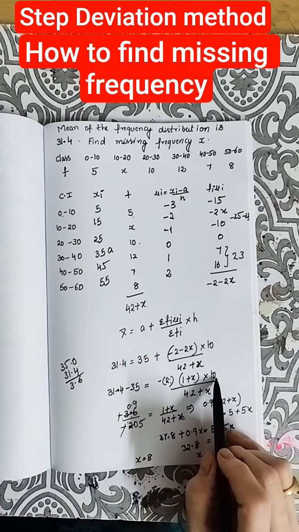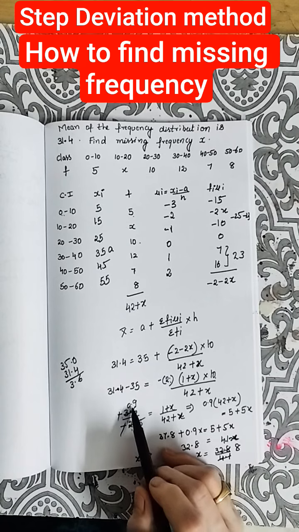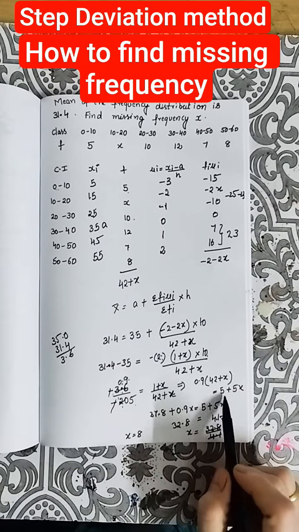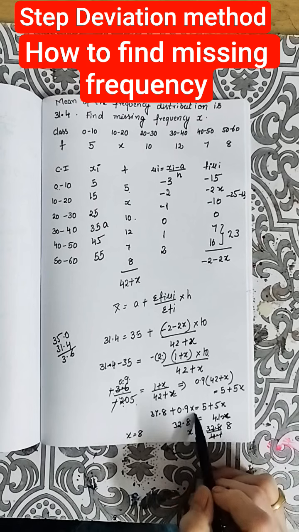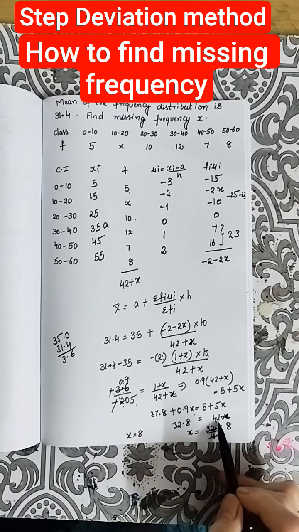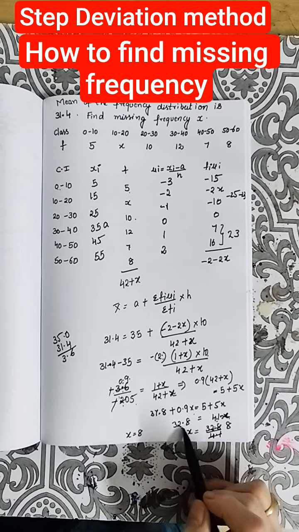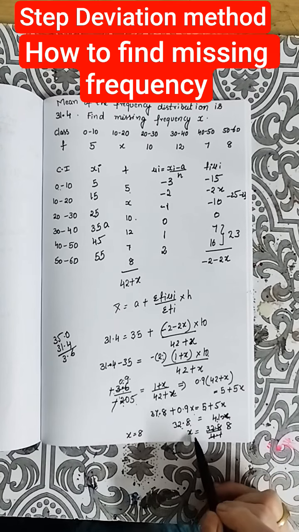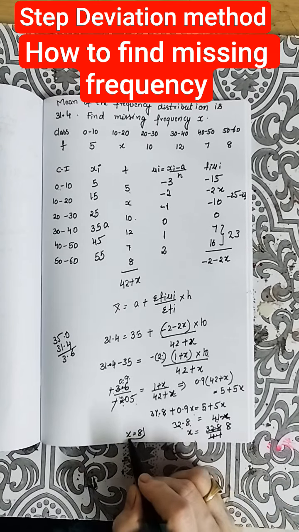If you subtract and cross transpose, you will get minus 3.6. See, minus 2 into 10 is 20. Doing cancellation, we get 0.9 by 5. So cross multiply and transpose x terms to one side and constants to another, which gives 4.1x equals 32.8. If you subtract 35, 7.5 minus 5. So x equals 8 is what you will get.